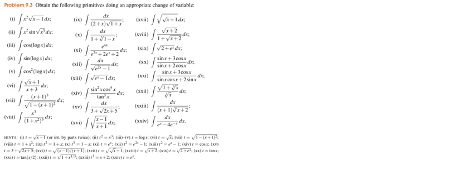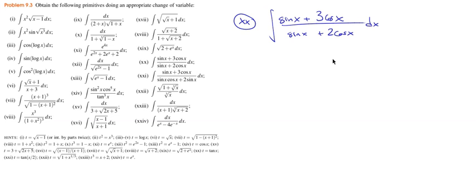Okay. Let's go for 20. Only 5 more to go. Okay. The integral of (sine of x plus 3 cosine of x) divided by (sine of x plus 2 times the cosine of x). Okay, so this is one of those in which you need to make the change of variable